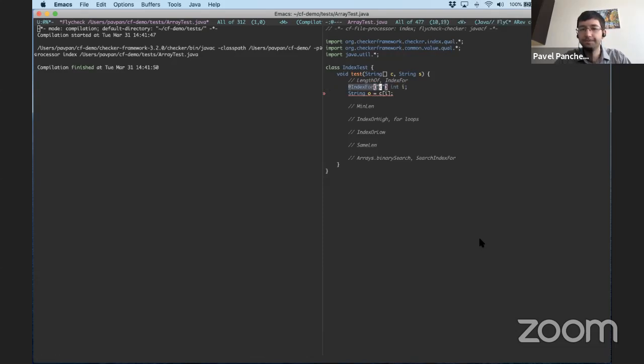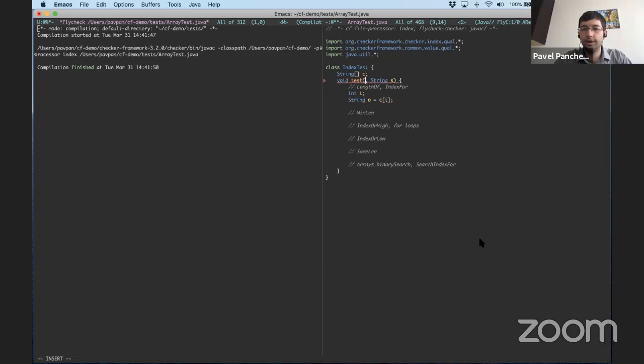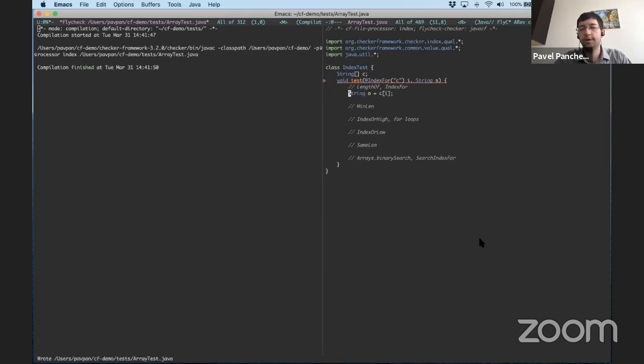If I were to move C to an instance variable, then I could take an index for C, int I, as an argument. This should type check. So this index for is the fundamental condition that we want to show about integers.